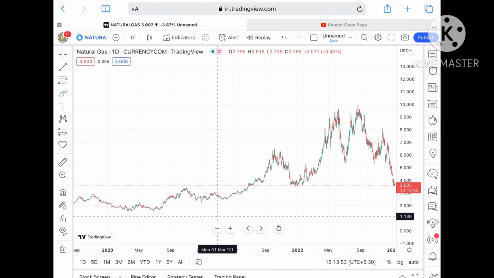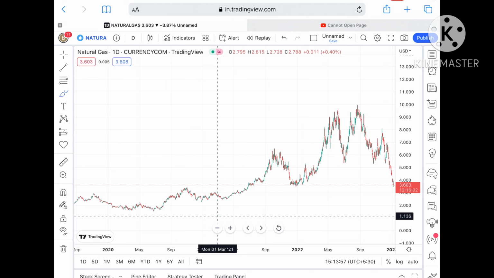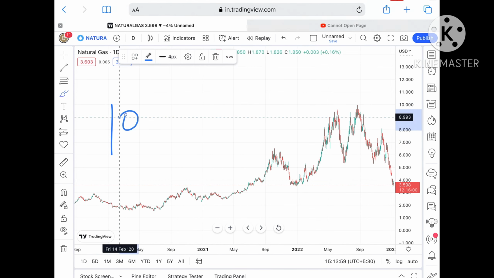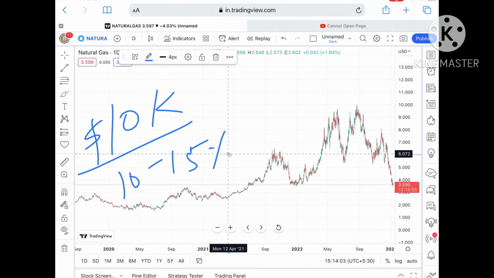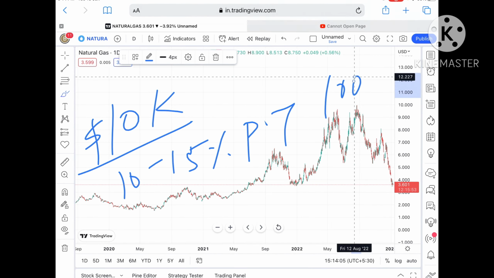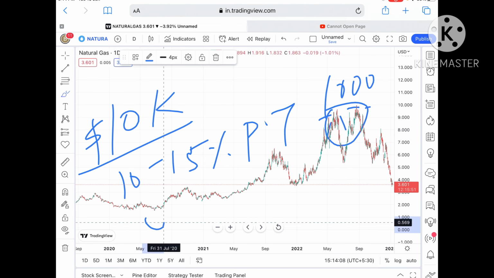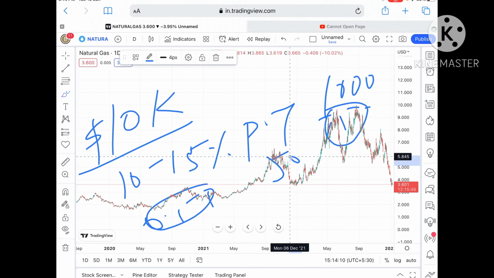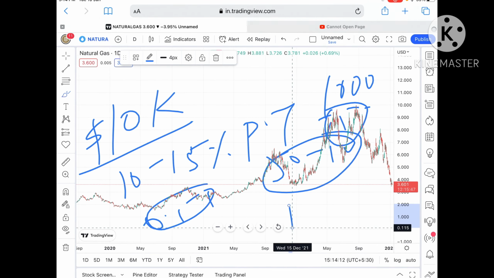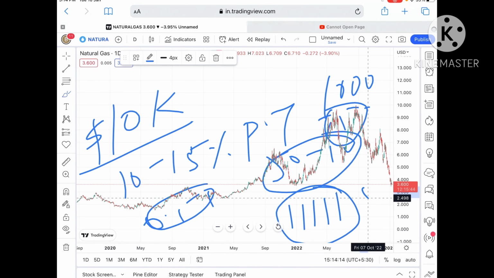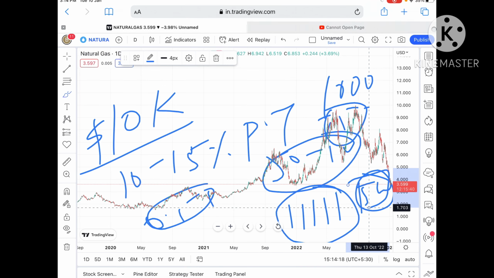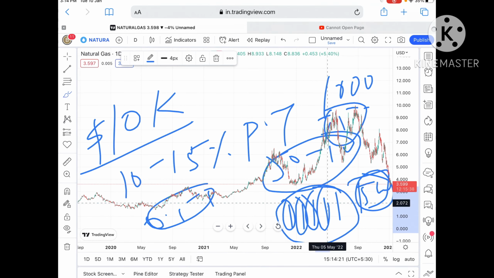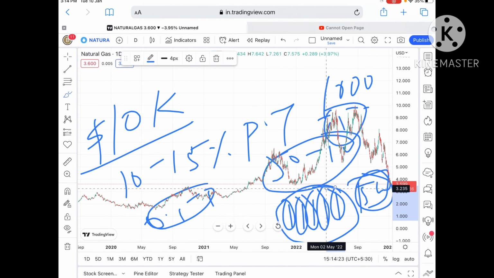Now understand something: most people lose money in trading. What I teach in my workshop is, suppose you are trading with $10,000, try to trade with 10 to 15% of capital per trade, that is 1,000 to 1,500, with a risk of 0.5 to 1%, that is $50 to $100. Suppose you took 5 trades, your maximum risk is $500, so you can stop the trades for the day and trade the next day. That means around 100 per trade should be your maximum risk.